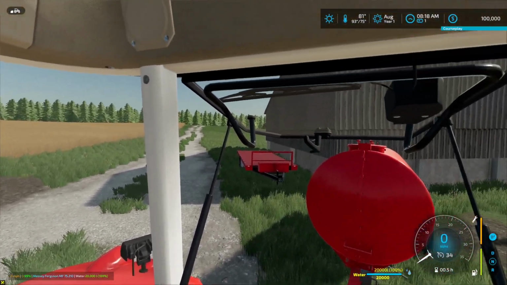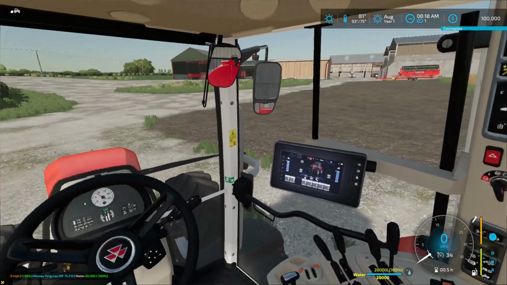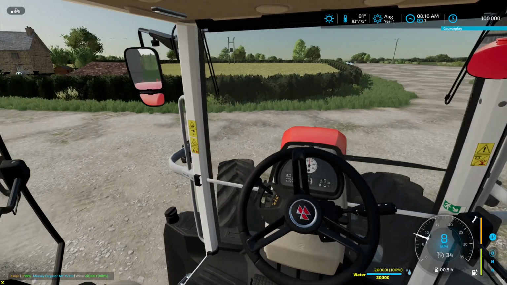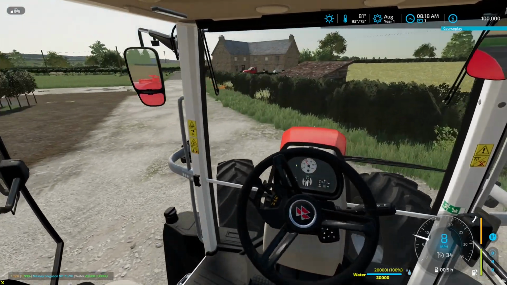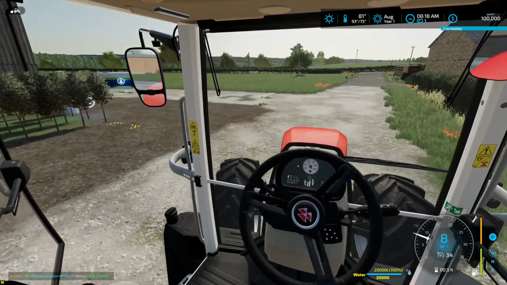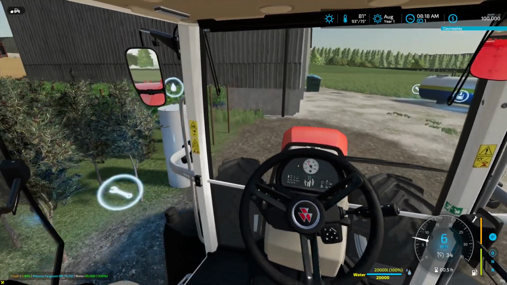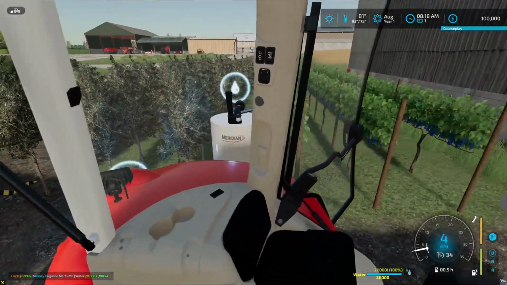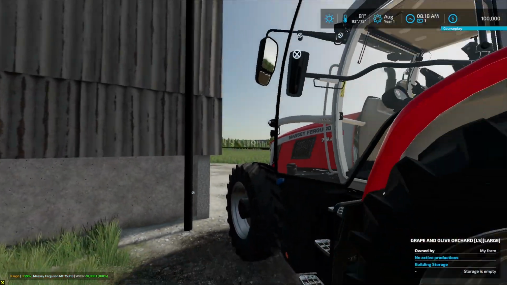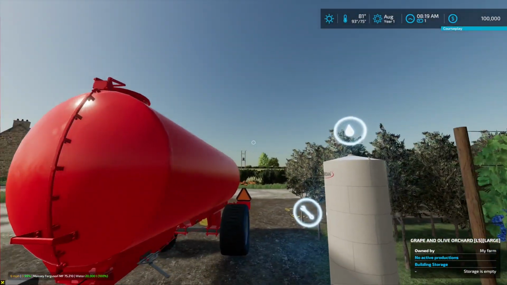So I love these tractors. Like I said, you can find these on the in-game mod hub. It's absolutely amazing. And the interactive control is also on the in-game mod hub or the farmingsimulator.com website. Now we can pull this right up to this if we want. There we go. Get out, open the valve on this. I don't know what sound it would make, but